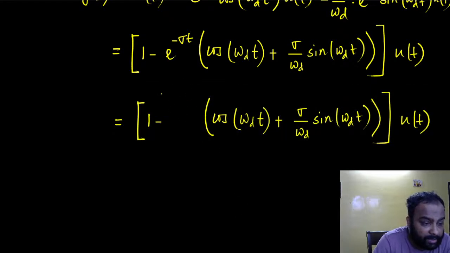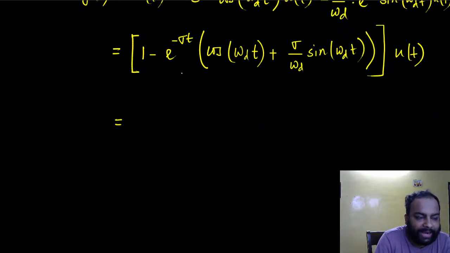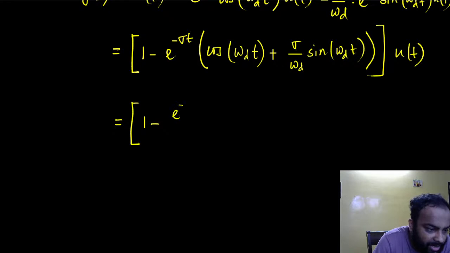So this becomes... okay, instead of copying and pasting, let's just write it down. I'm taking omega d common out of these. If I do that, let's see what happens. So this becomes, if someone is asking any question, okay, so this becomes 1 minus